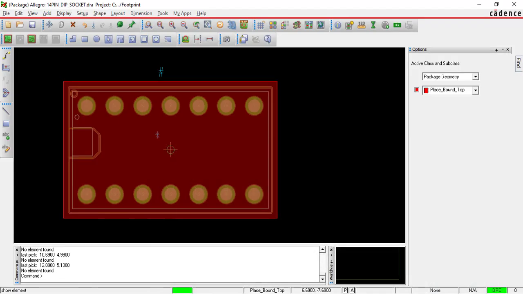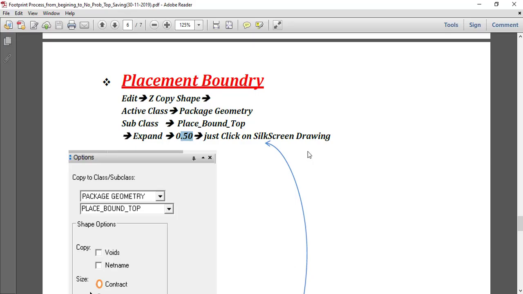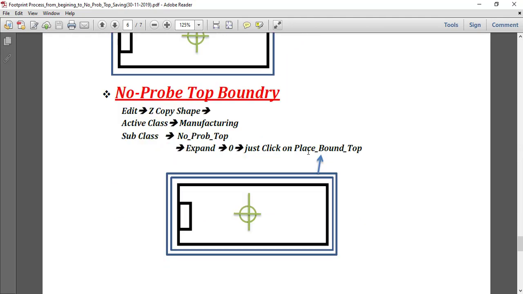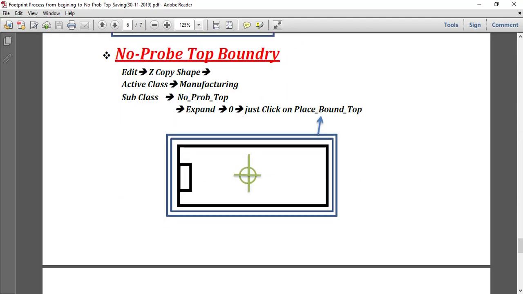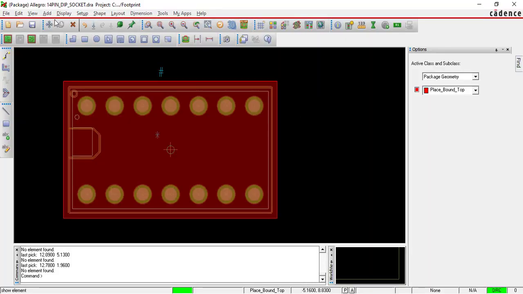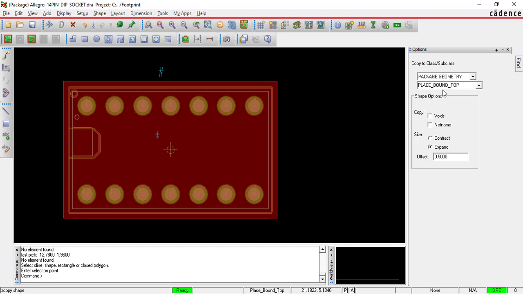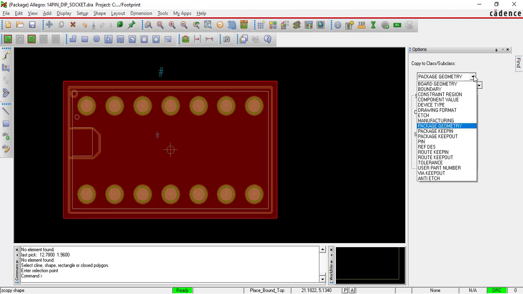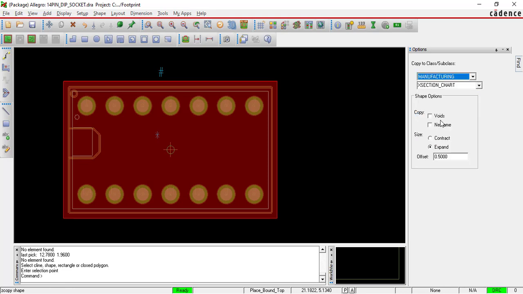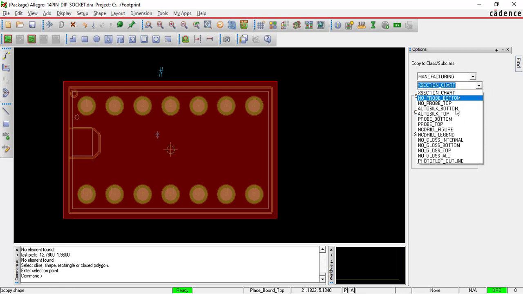Okay, now the next is no probe top boundary. So what we have to do here, I have to go edit, create copy, save, package geometry, active class would be manufacturing, and that subclass will be the no probe top.